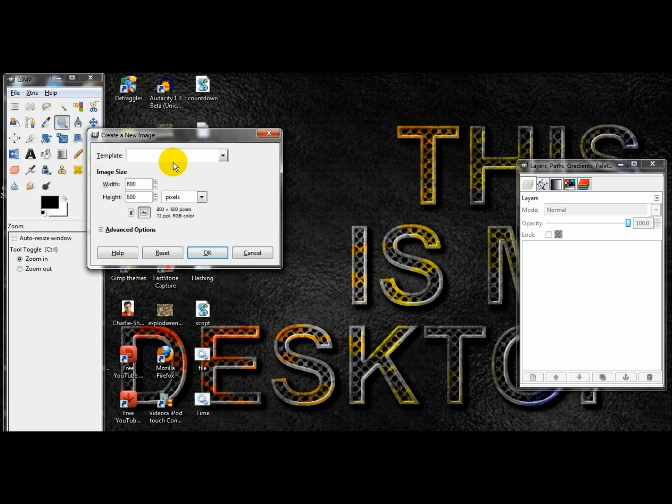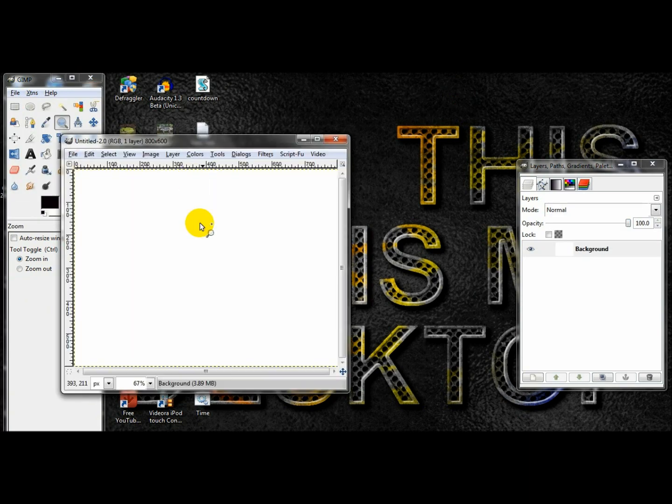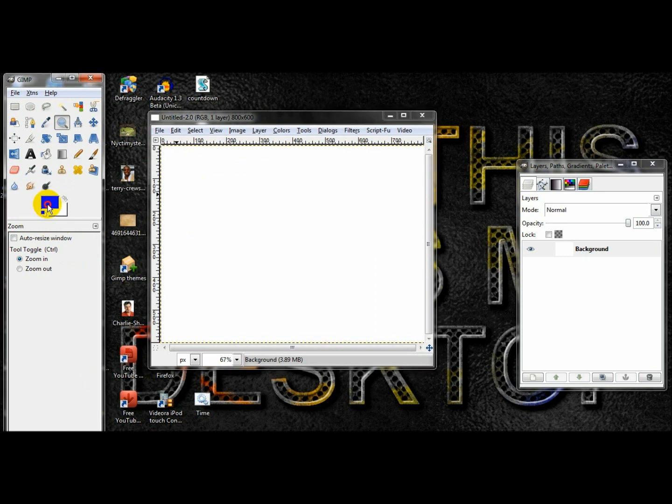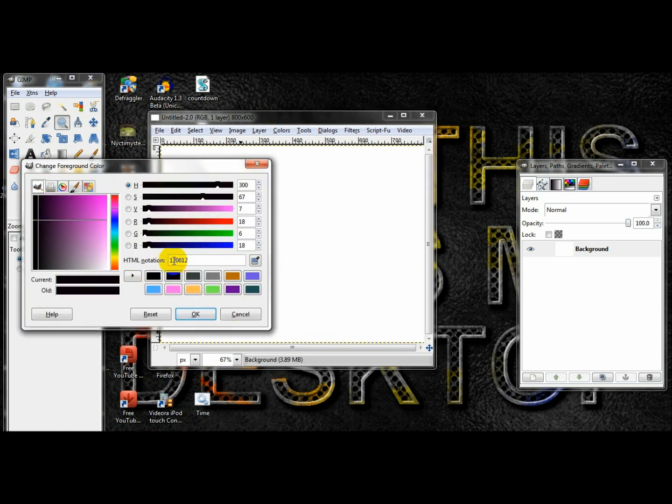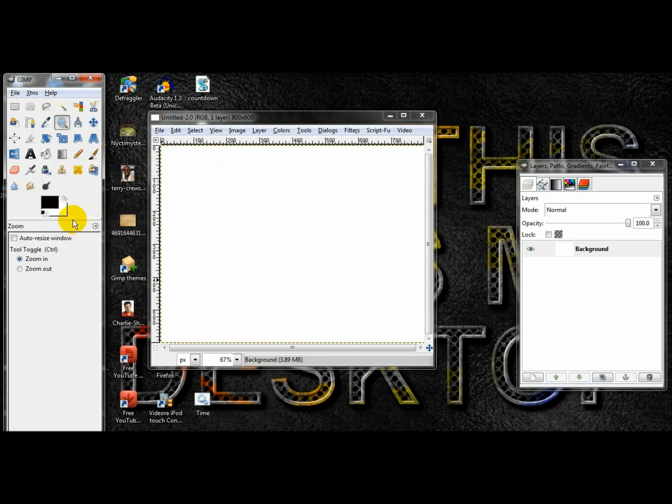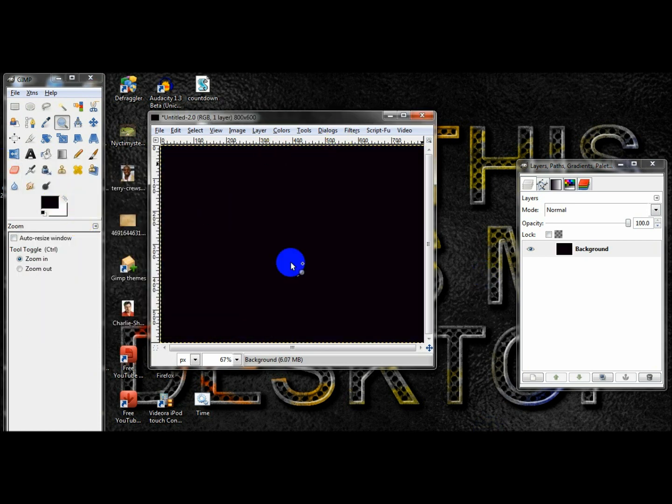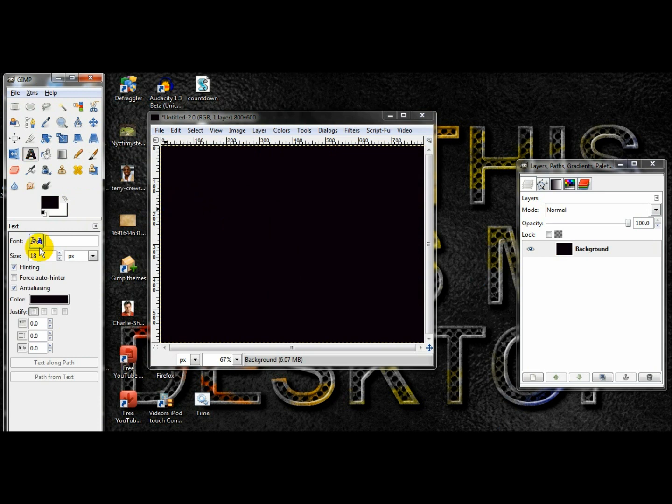Start with a new document, 800 by 600. Now, you want to fill it with a dark violet. I suggest 120612 and fill it in. Now grab your text here and we'll use